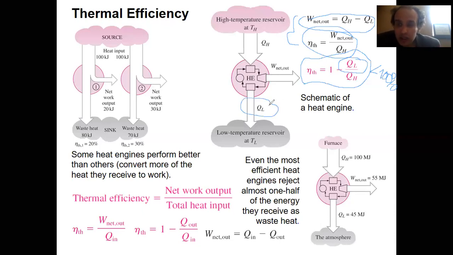Don't say that it's because our device is not ideal. Don't say that it's because you don't have ideal materials. Don't say it's because you have heat losses and dissipation. No. All I mentioned is true, but it's because you don't know how to avoid it. You know, theoretically speaking, you may avoid dissipation. Theoretically speaking, you may have an absolutely adiabatic system without heat losses. Theoretically speaking, you may have ideal material. But still, your efficiency should be less than 100% because QL cannot be zero. Not because you don't know how to do it, but because of the second law. Okay? That's why your efficiency is less than 100%.